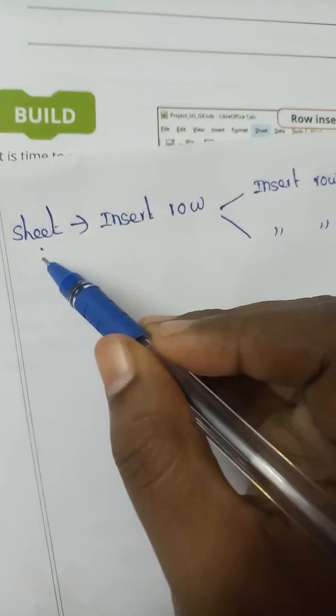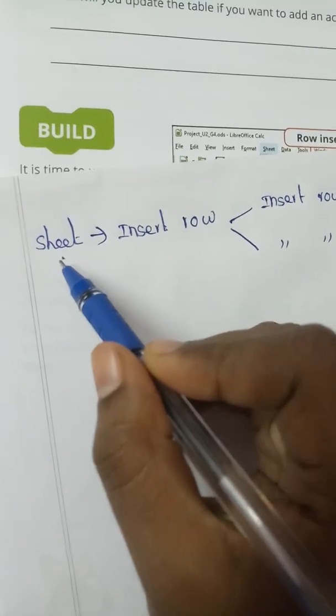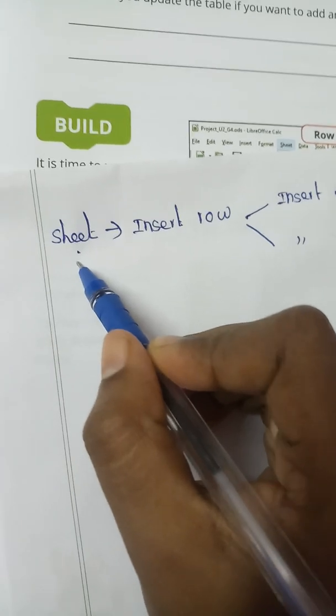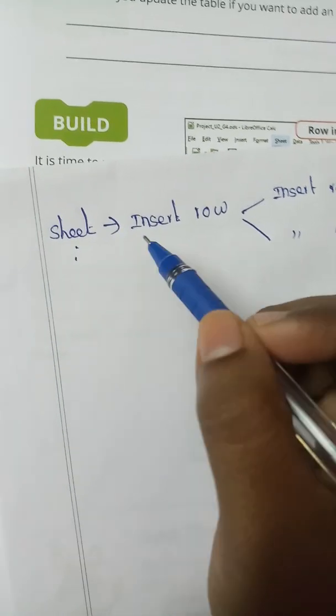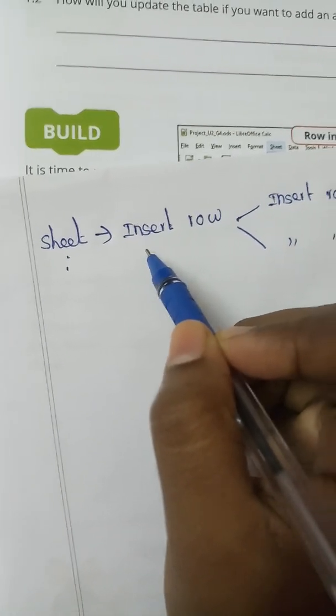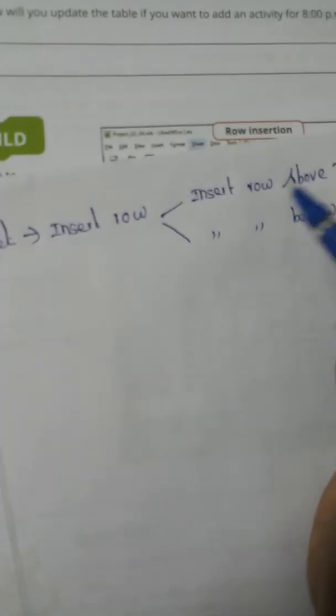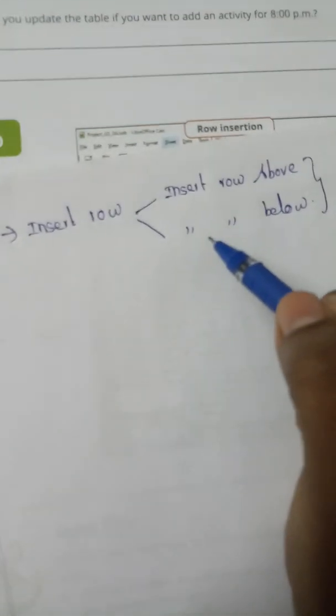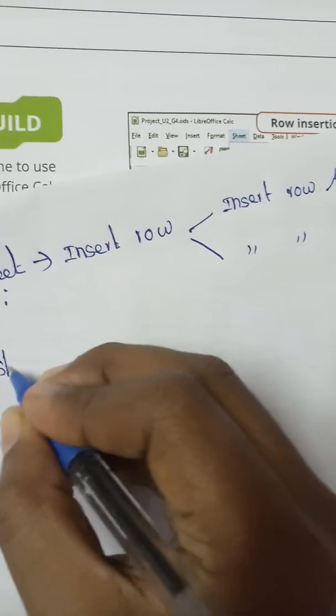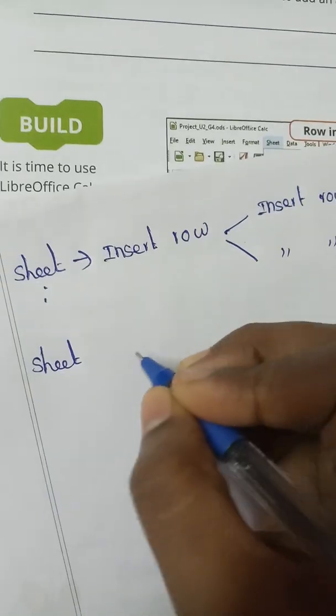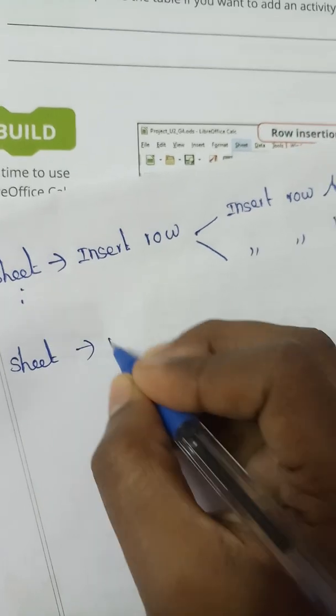First, in the formatting toolbar, you need to select the Sheet tab. In that, a sublist will appear. You need to click Insert Row and then click Insert Row Above or Insert Row Below. And for column, the same. In the formatting toolbar, Sheet menu, Insert Column.